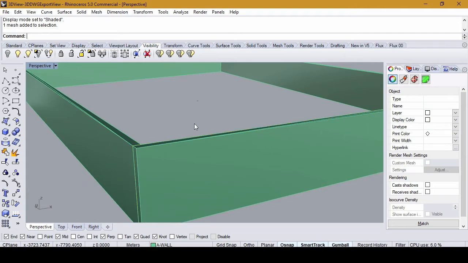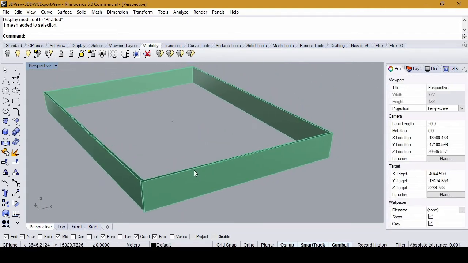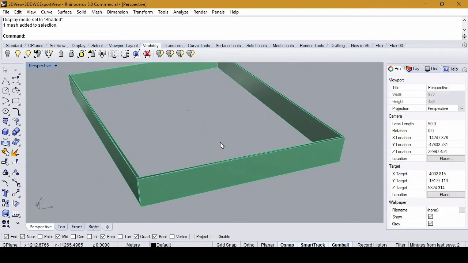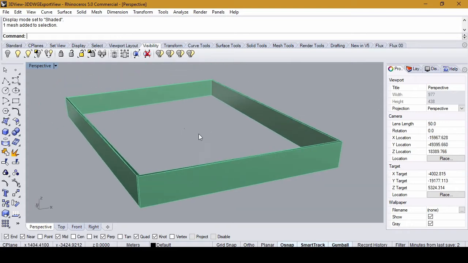Now that may sometimes be a good thing, but in our case that's rarely a good thing, especially when it comes to moving geometry between the programs. You can use mesh, for instance, to create topography in Revit, but not a lot of other things. Let's also check the distance. We're going to turn on Object Snap.